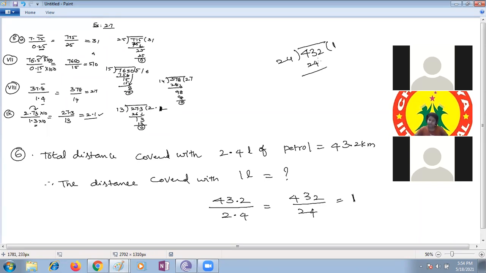Ma'am is doing the 8 problem. Yes, it's 192. How many times? 24 times 8 is 192. So 192 minus 192 is 0. So therefore a vehicle covers 18 kilometers with 1 liter of petrol. You have to conclude the statement. Ma'am, we can write...